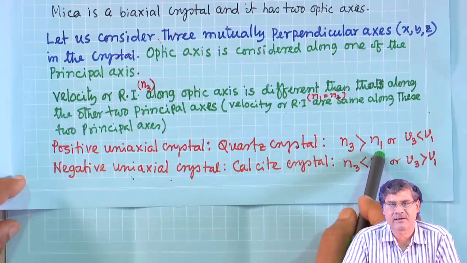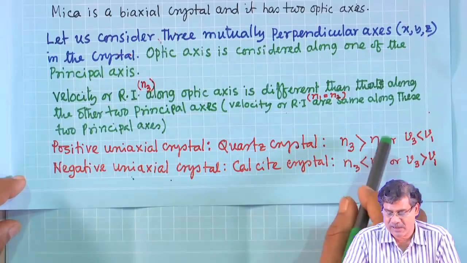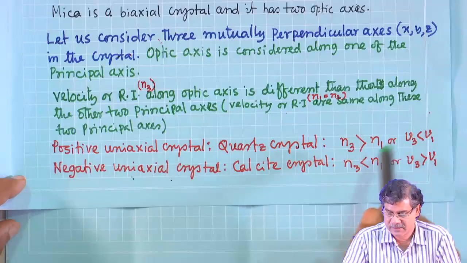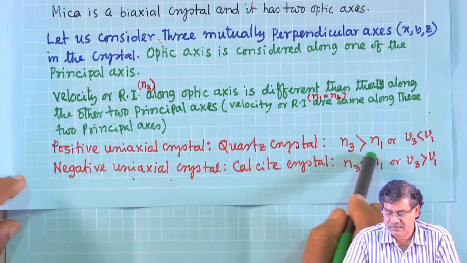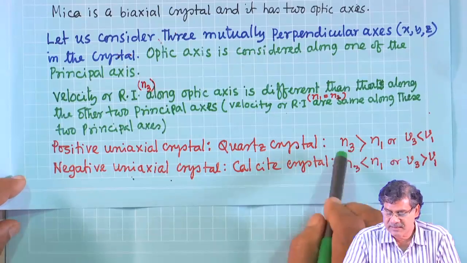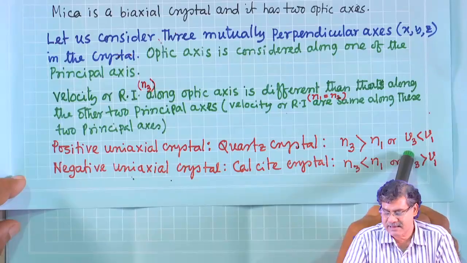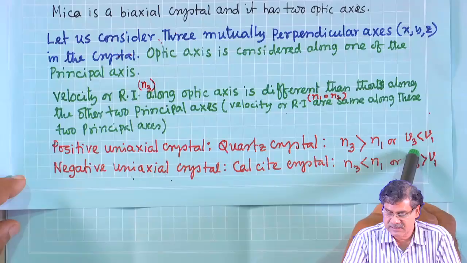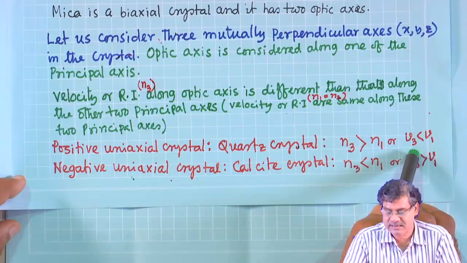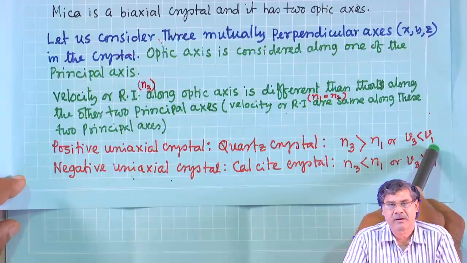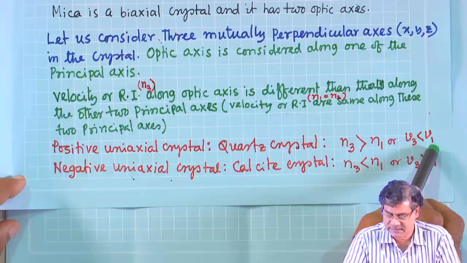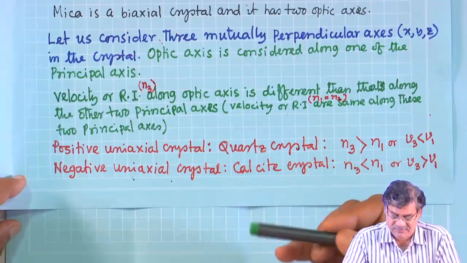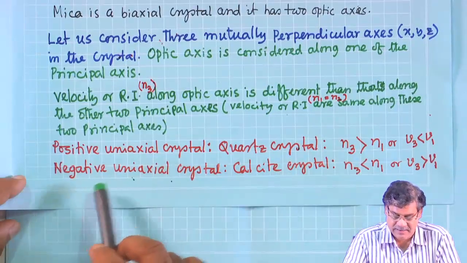So, say n1 or n2, they are equal. Okay. So, n3 is greater than n1 means v3 is less than v1. So, in case of quartz crystal, velocity along the optics axis is less than the velocity along the x axis or y axis, and in case of calcite crystal, that is called negative uniaxial crystal,